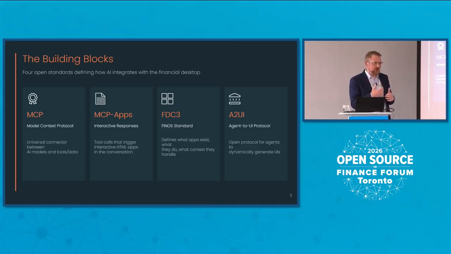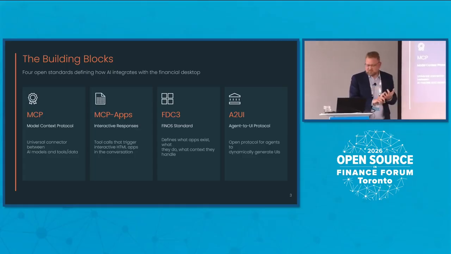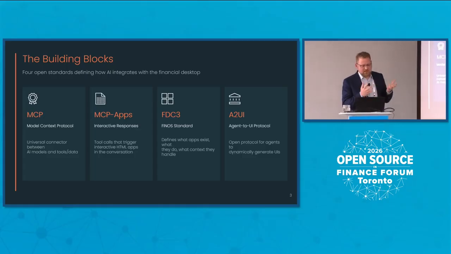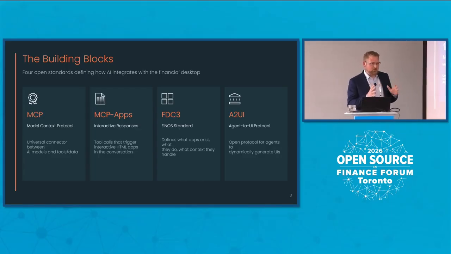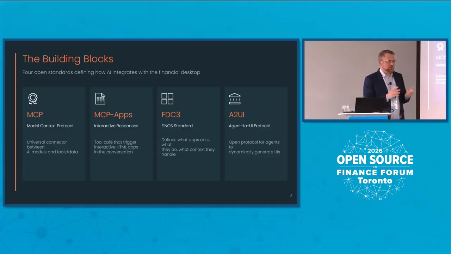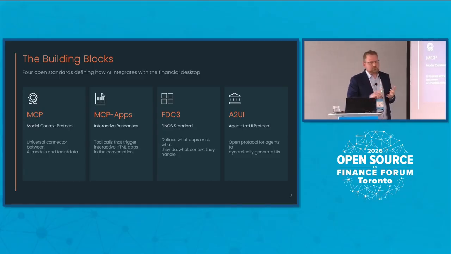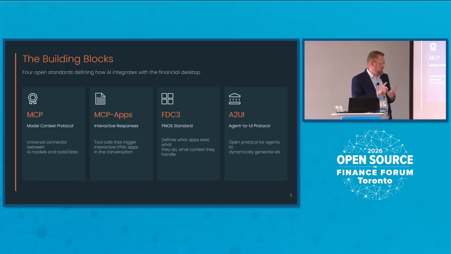The next standard, I'm guessing most people here are familiar with, FDC3, Financial Desktop Connectivity and Collaboration Consortium. Man, that's a mouthful every time. This standard is very helpful for introducing AI into the enterprise desktop. It's metadata rich. It's got natural language descriptions of applications and what they do. It's got well-defined intents or actions that applications can take, and it handles a definition of context that those applications